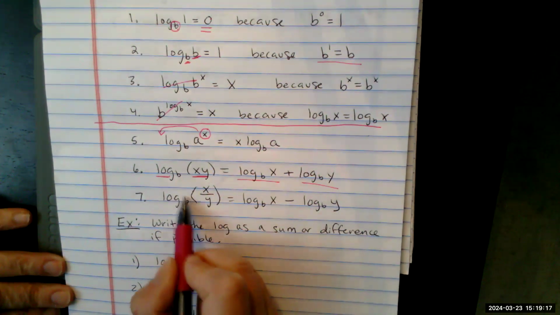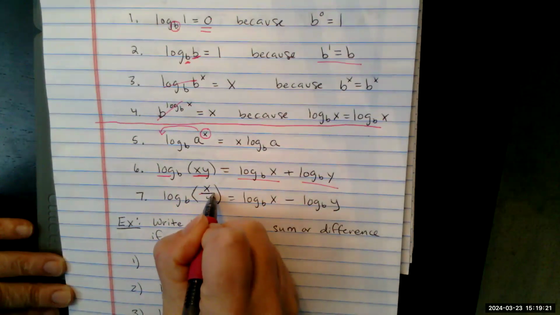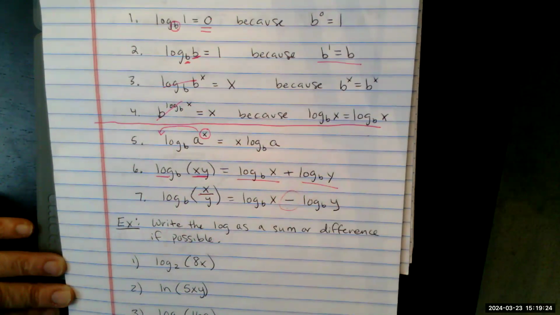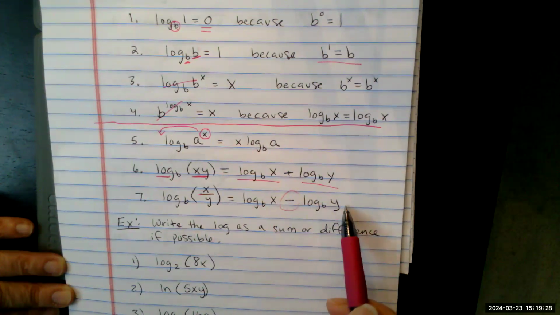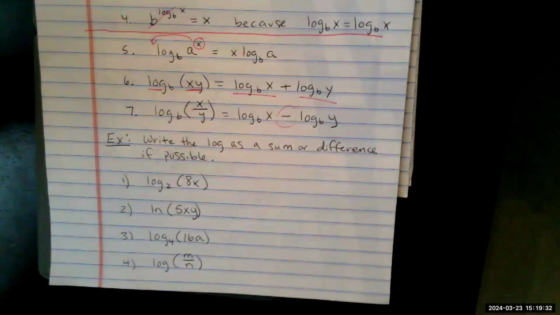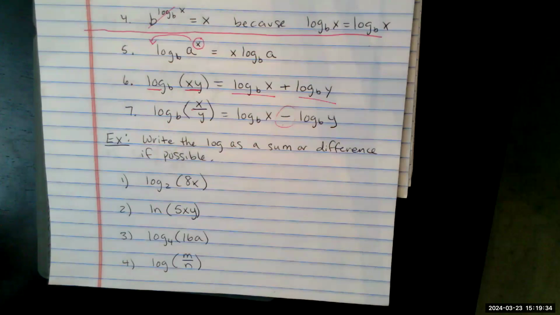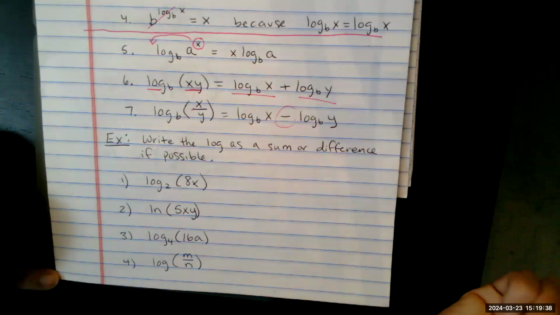So same thing here. I can make this log go to both the x and the y, but this time, because they're being divided, I just need to make sure I subtract them. So log base b of the top minus log base b of the bottom. So like I said, we're just going to practice doing this just to get used to the idea of going back and forth, but this will make more sense in the later sections when we're using it to solve complicated